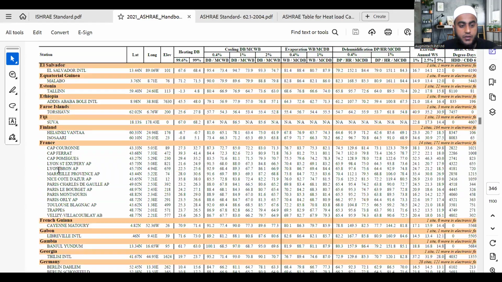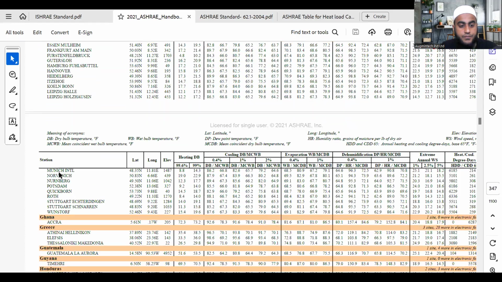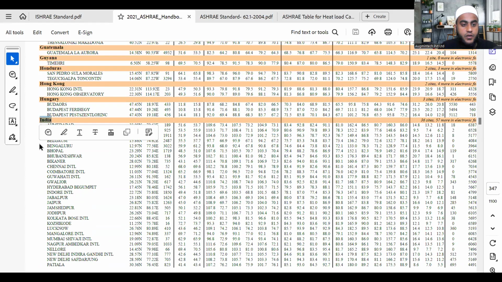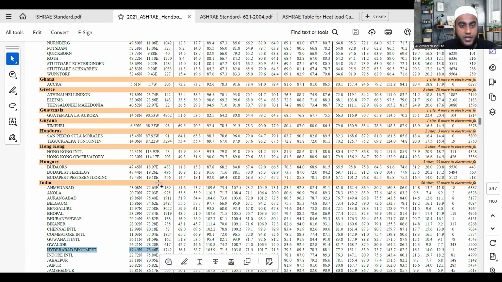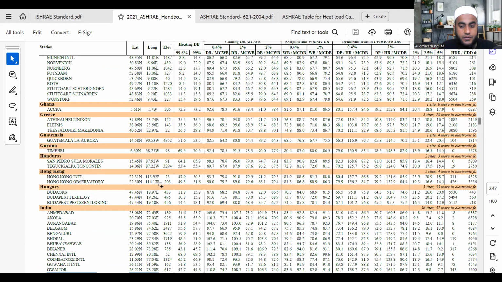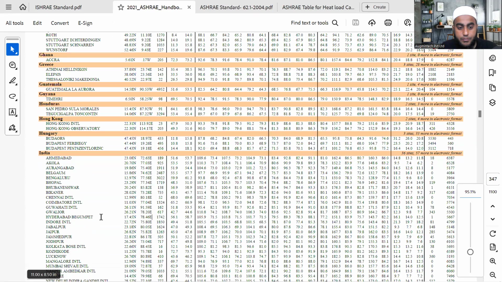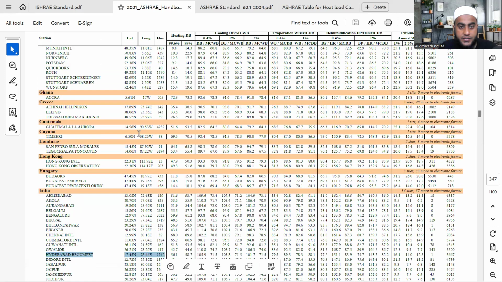Egypt and France, Germany. Can you see the India country? Under this India, each and every city is there, Ahmedabad and whatever. So we are designing for Hyderabad. You can see here the location is given Hyderabad, Begumpet. As per that, you will get the latitude. Here I am minimizing just a little bit. Tell me, all of you can see this Hyderabad, Begumpet, and here you can see the latitude is